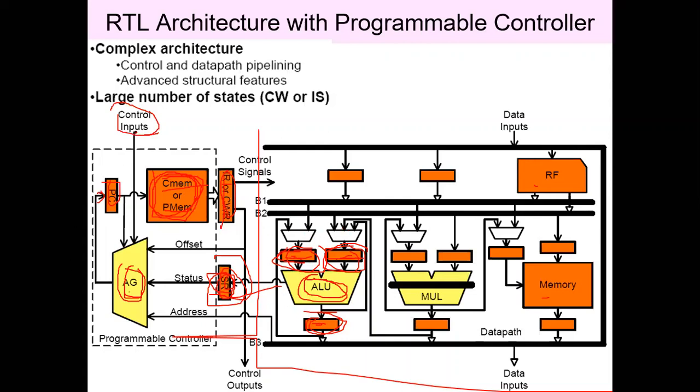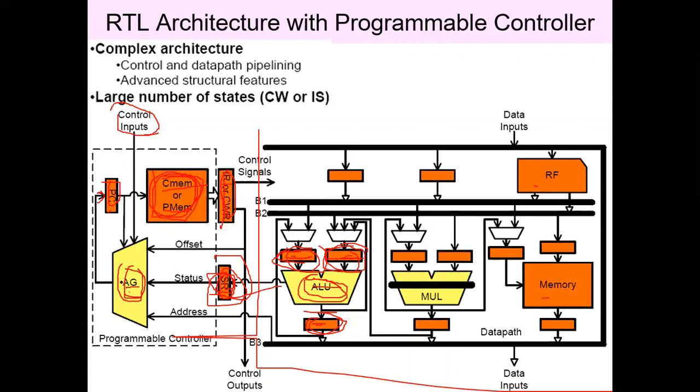That means if you are considering the whole process, the address generation will take 1 clock cycle. The address will be generated and stored to the program counter. Then from the program memory, it has to select the corresponding address, and that instruction needs to be stored to the instruction register. For that, it will require 1 clock cycle, and the execution of that will require minimum 2 clock cycles here. That means 1 clock cycle for storing the data to the input register, and 1 clock cycle for the processing of that. So total, it will take 4 clock cycles.